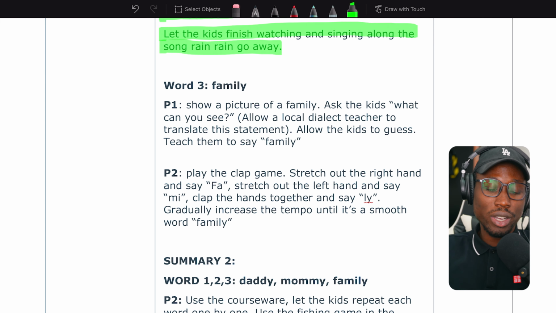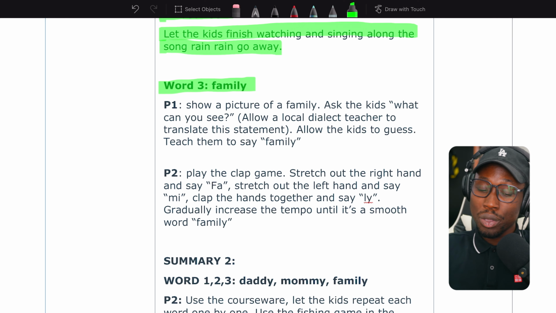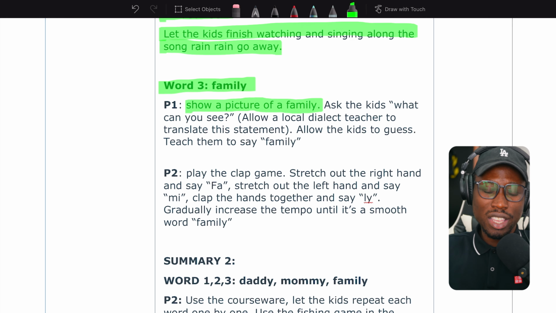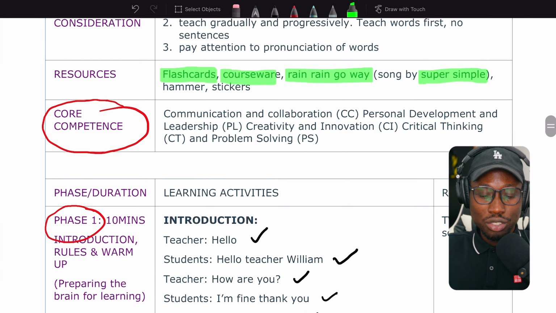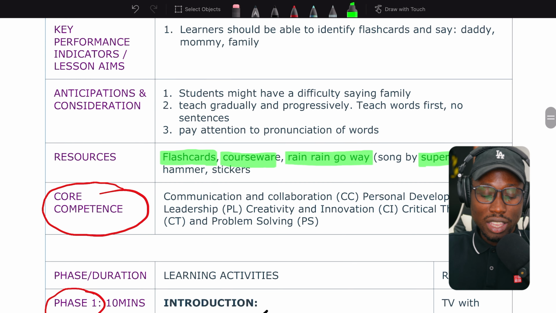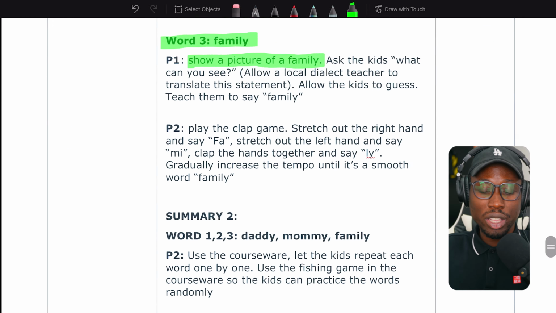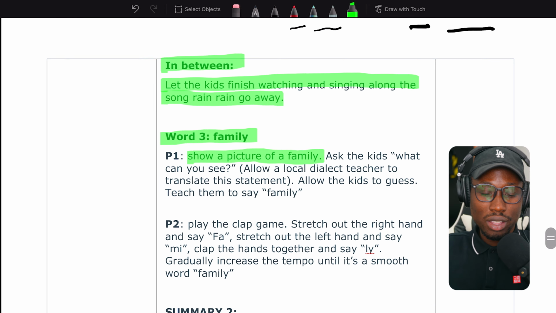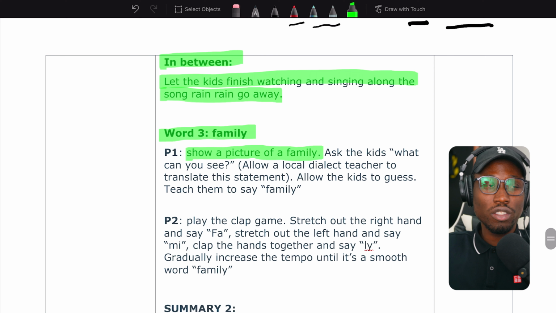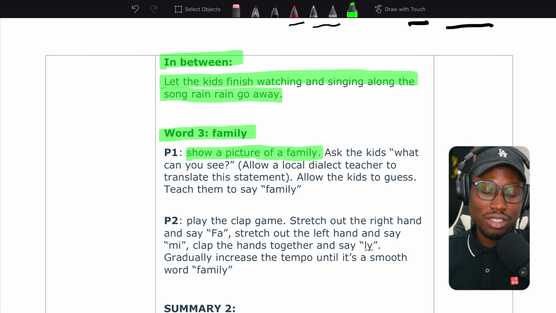Now, this third word is family that I'm going to teach. Now, P1, you remember again, presentation. So I'm going to show a picture of a family. And I actually should have put that in my resources, a picture of a family. Okay, so let's go back down. And I'm going to show a picture of a family, and then I'm going to ask the kids, what